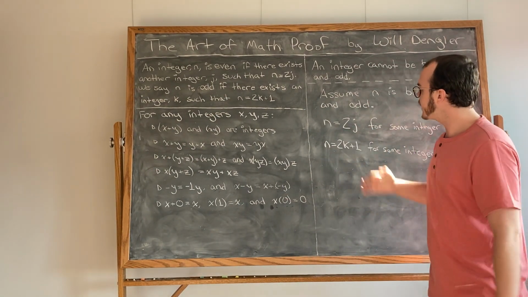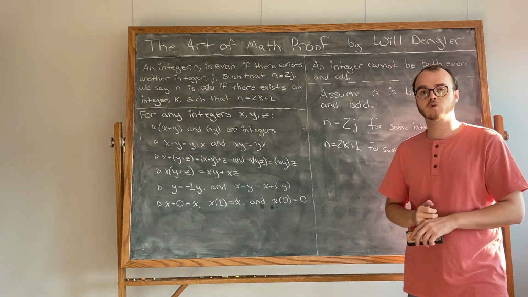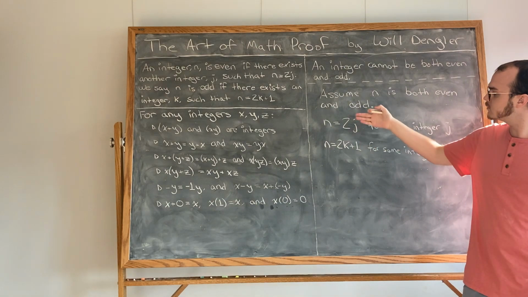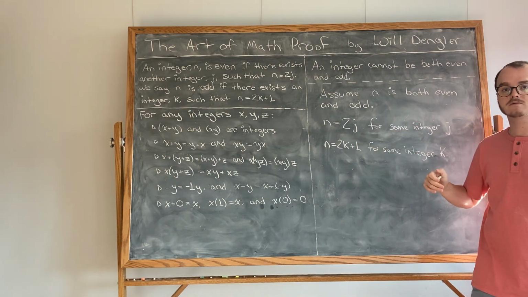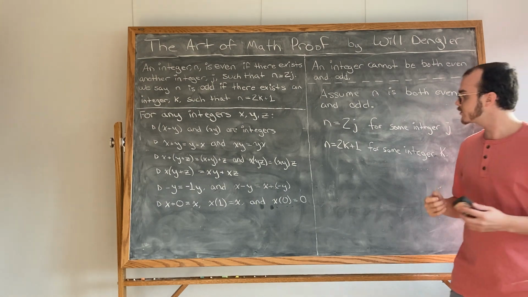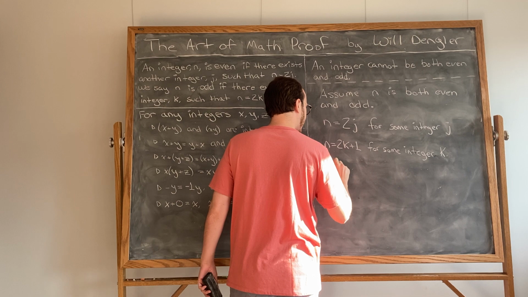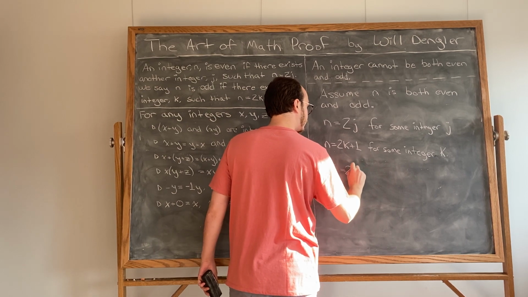Well, okay, if n is equal to both 2j and n is equal to 2k plus 1, well then that means that 2j is equal to 2k plus 1 because they're both just different ways of describing it. So we can write that 2j is equal to 2k